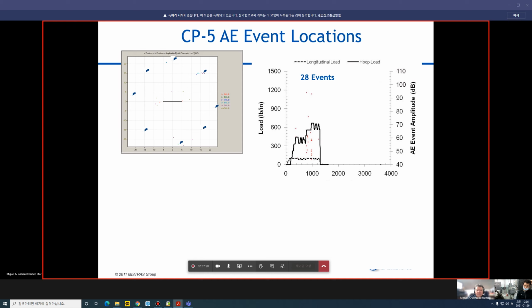And after applying the loading schedule, you can see the number of signals detected after this loading schedule and where they were located in this location plot. After the second schedule, you can see how the areas between the 8 sensors start to populate. And if we continue applying the cyclic load, you start to see accumulation or formation of clusters in specific areas.